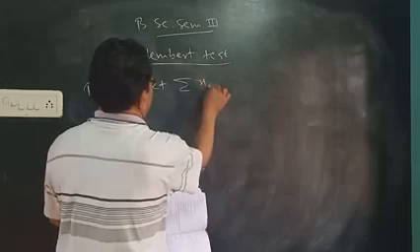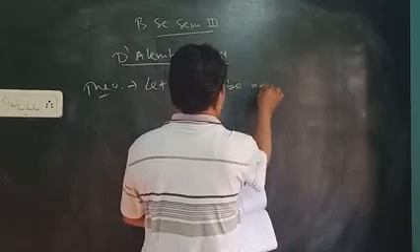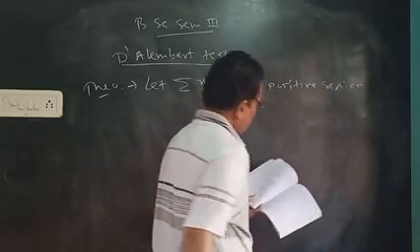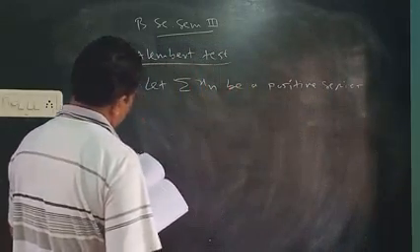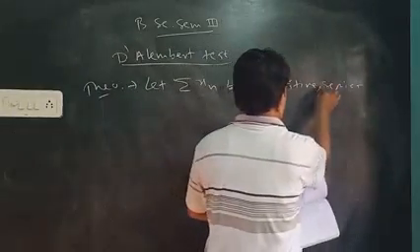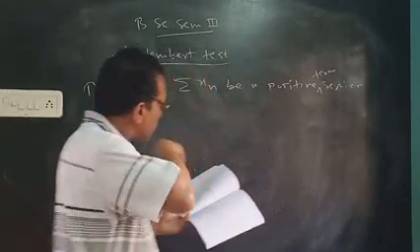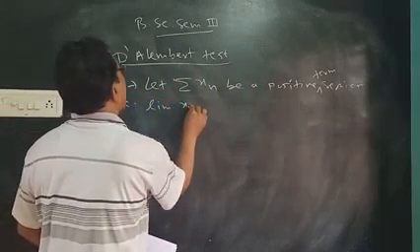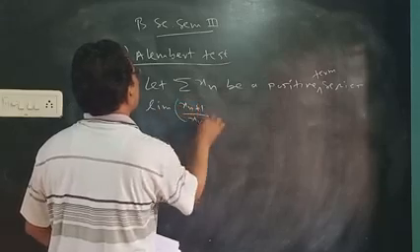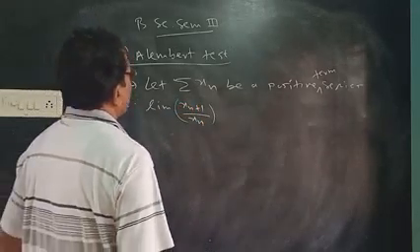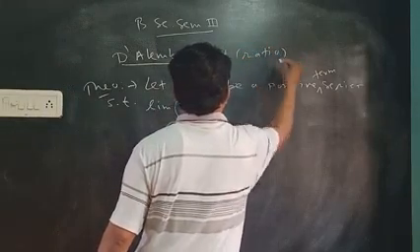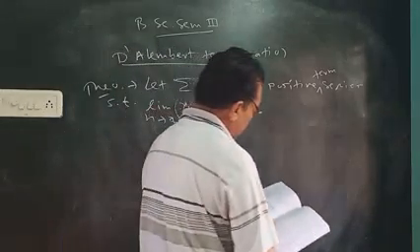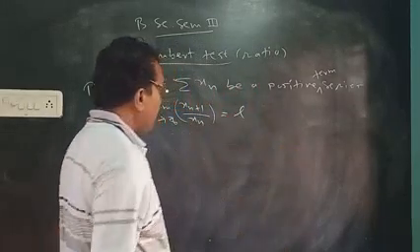Let summation xn be a positive series, a positive term series, terms are positive, so that limit of xn plus 1 upon xn ratio, D'Alembert ratio test you can say, this one, suppose the limit is L, then